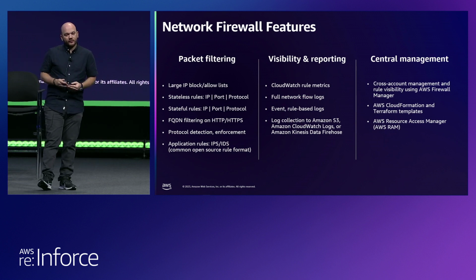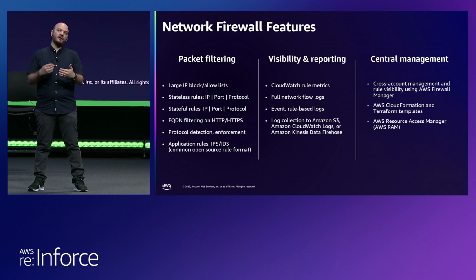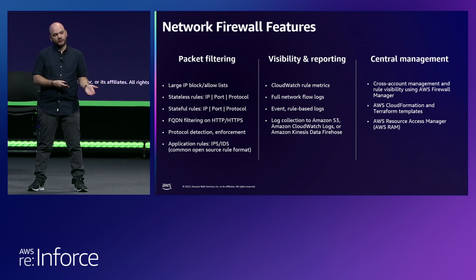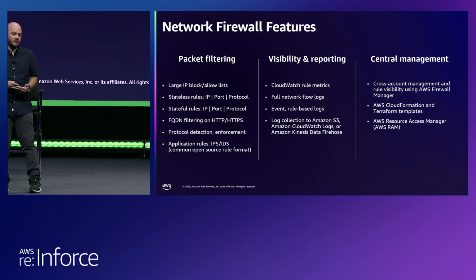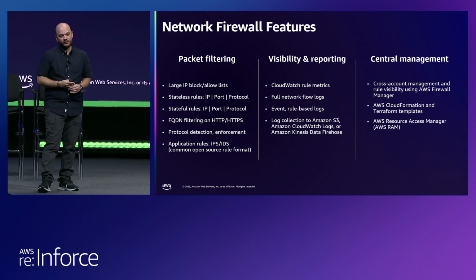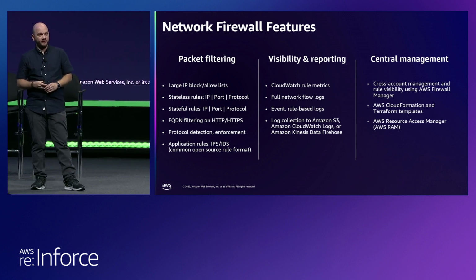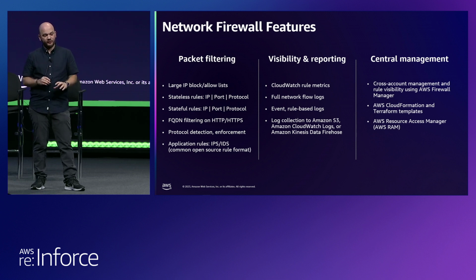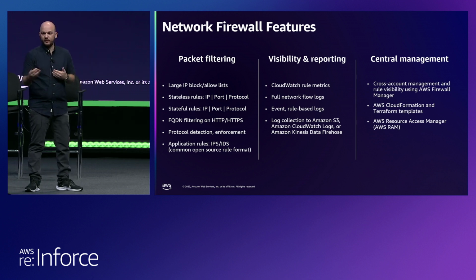More about the Network Firewall capabilities. It does packet filtering, and there are different things that we can actually do here with Network Firewall. You can do the normal things that we used to do with security groups and network access lists. You can have stateful and stateless rules. You can actually have filtering on an HTTP level for unencrypted traffic. You can also have IPS in a live way for your traffic on your VPC. So it provides more capabilities than the traditional ways we used to filter traffic besides security groups and